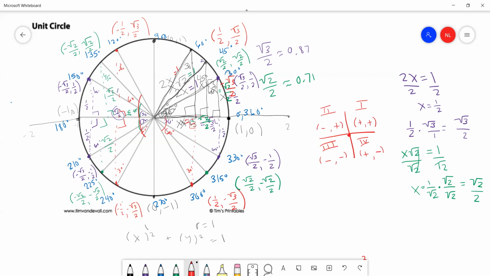So again, if you can remember your length to that 30, 60, 90 triangle, and you can then point out this one and this one and this one, and then just remember what signs to give them, you can fill out all of these coordinates, and you can draw the coordinates to any angle on the unit